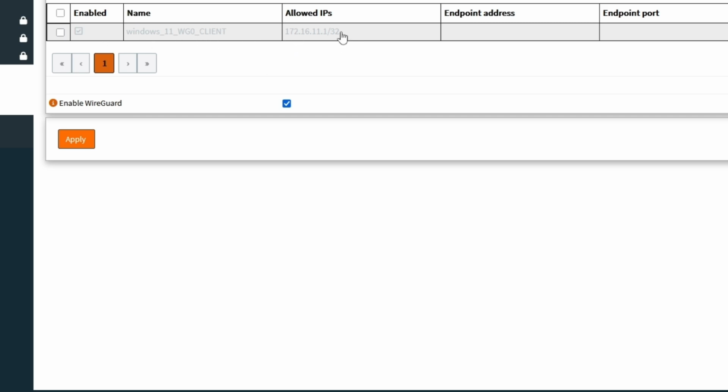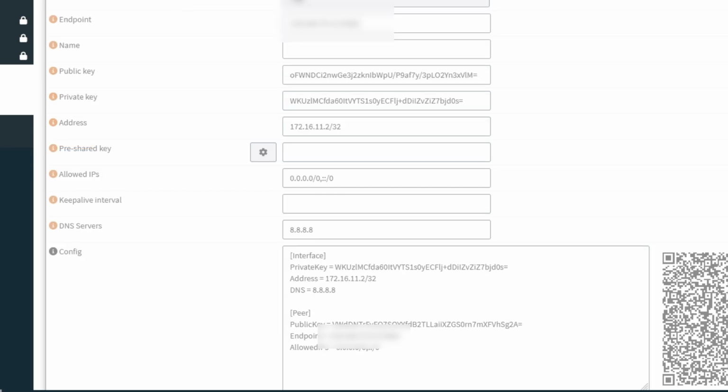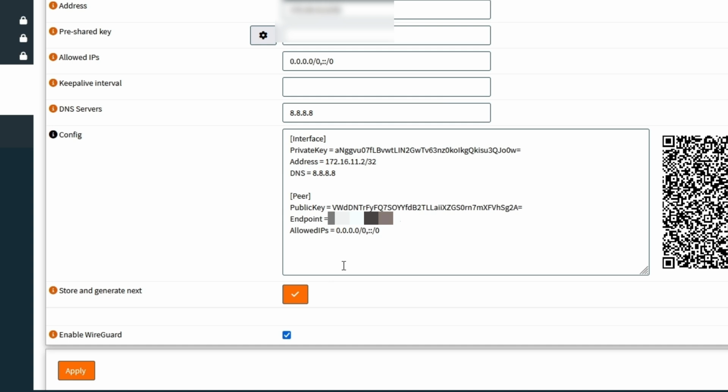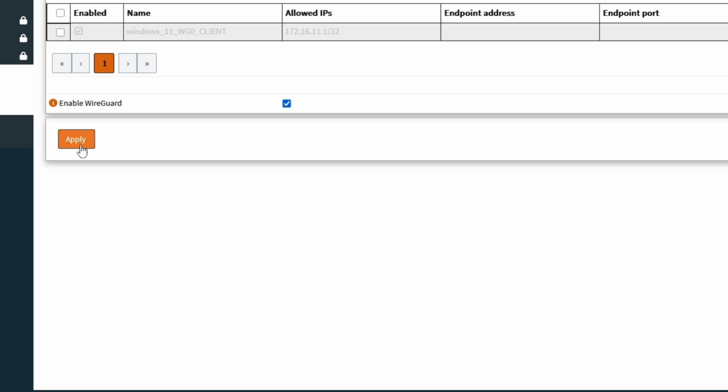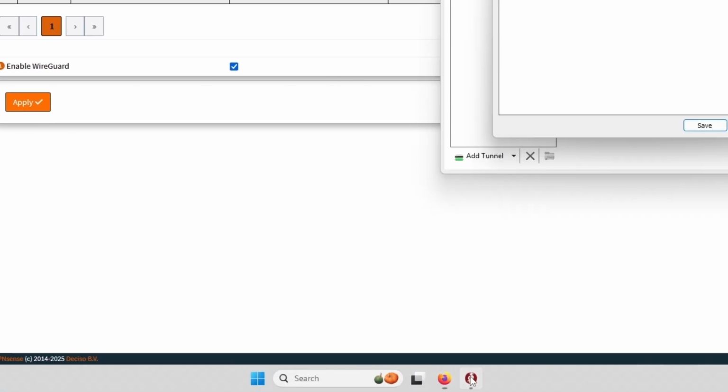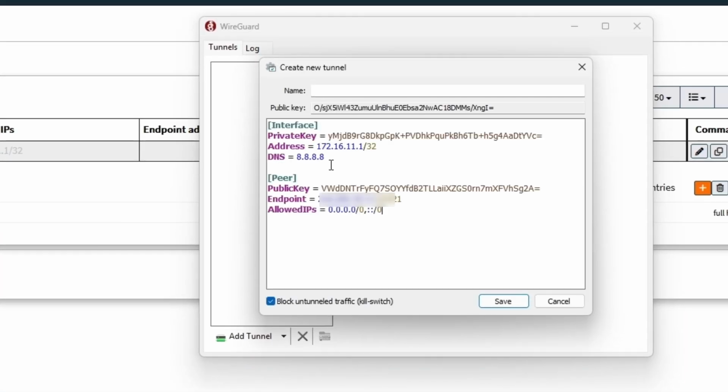So that confirms that the peer is generated, and make sure it's generated, because when I was doing testing, I was kind of confused. I generated the peer, but why is it not working? Because I did not click on this yes sign to store and generate, and then I forgot to click on apply. So make sure you apply changes, everything is correct, and then apply